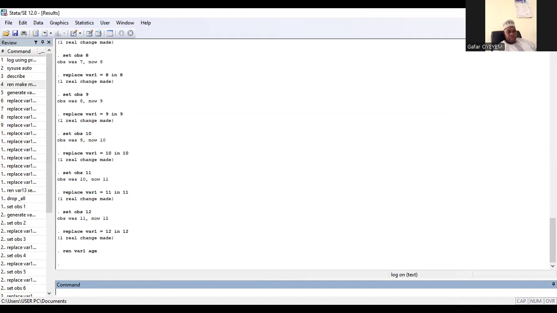But to give it a label, so that we know what that age is. Is it the age of a cat, age of a rat, age of what? So I can give a description. I can label that variable appropriately. And the command is just say label. Then the variable we want to label will follow. So let me say